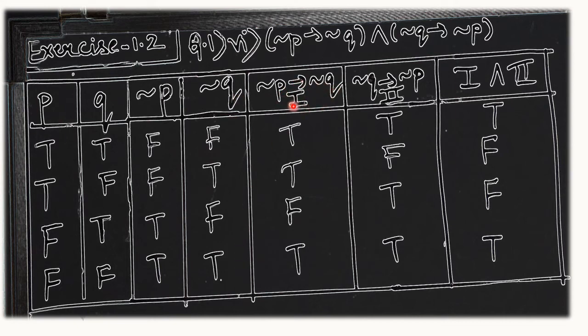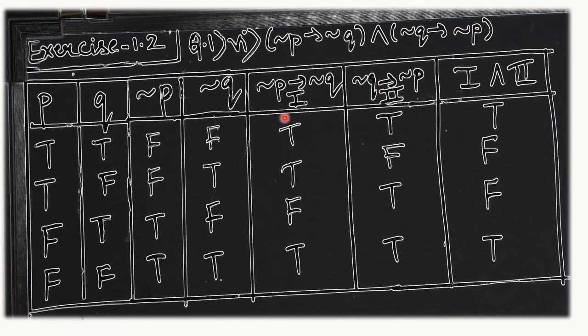First, negation of P implies negation of Q. I have numbered this as 1, because we can use this number for denoting that part. So only one thing we have to check: when is T going to F. T going to F only in one case, that is the third case. So in the third case it is false, rest of the cases it is true. Now negation Q implies negation P. Here I have marked it as 2. This is for convenience. This trick of numbering you can also use.